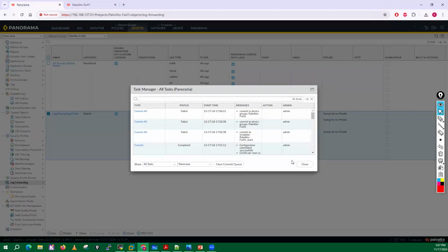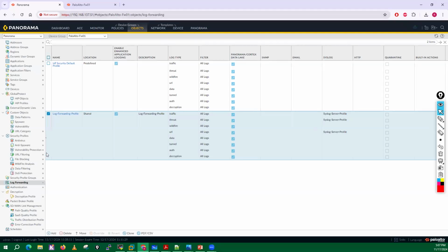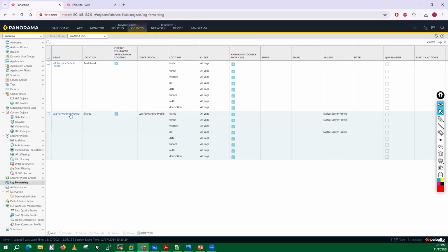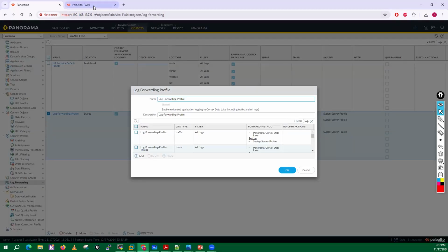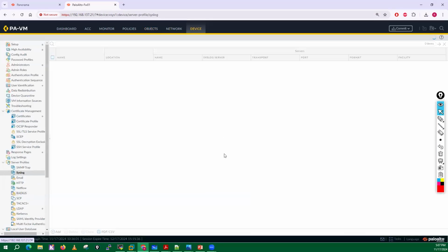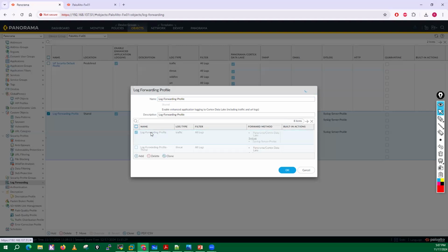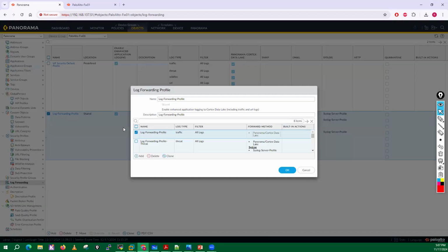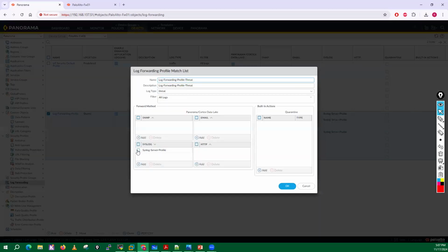So if we go here and just check for the syslog, we are not having any type of syslog servers, right? There is no syslog. So better I go here to log forwarding. First into firewall, do we have a syslog or not? Here also we are not having any syslog, it looks like. No, we don't have. So I'll go here, log forwarding, and for this syslog server, I have to delete syslog servers from all these forwarding profiles